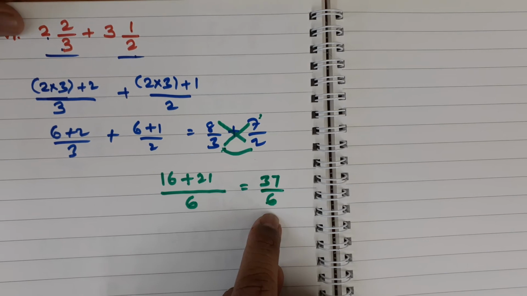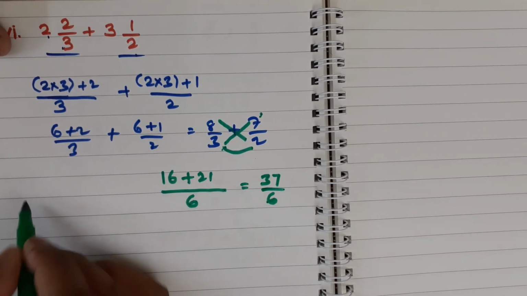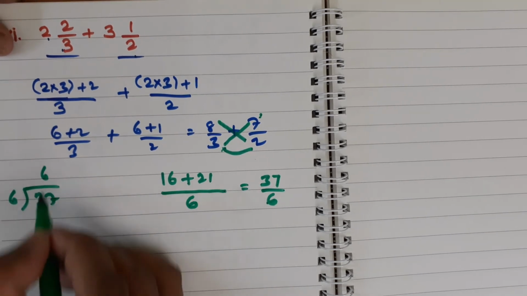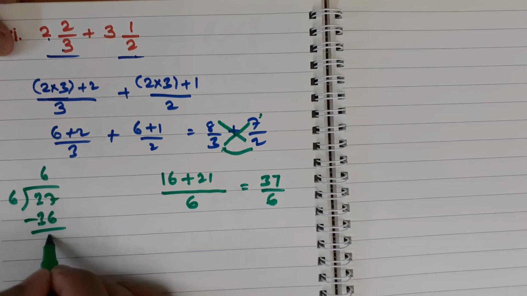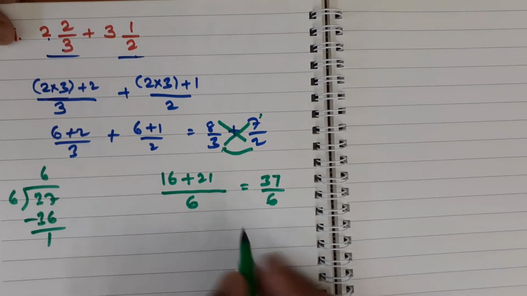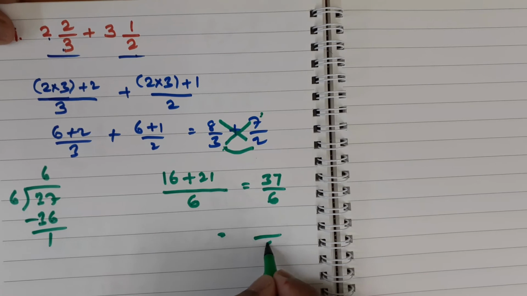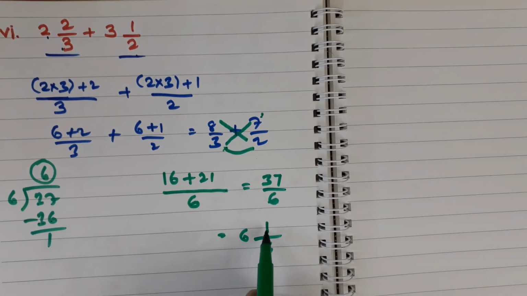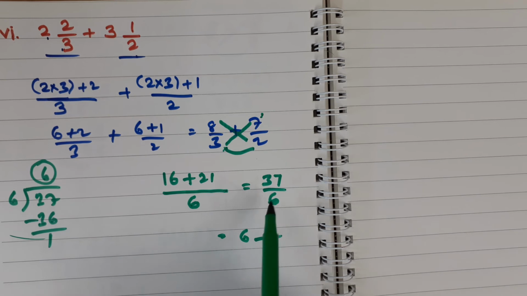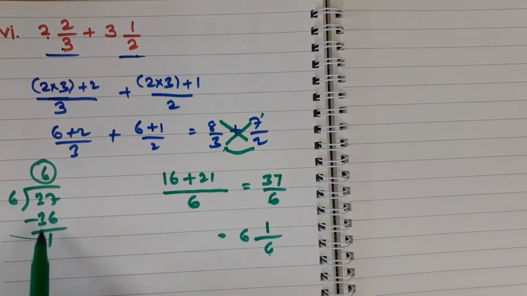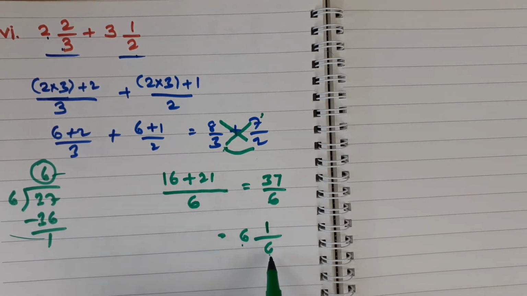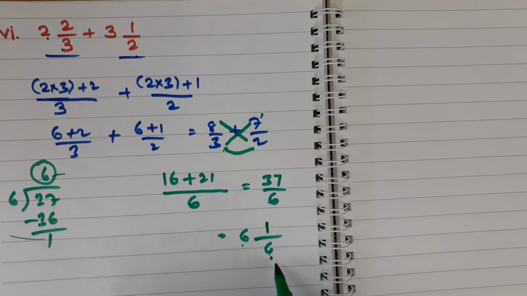You can change this into mixed fraction. I hope you know how to change into mixed fraction. Let us see here. Here 6, here 37. 6 into 6 is 36. So the remainder is 1. So write here the denominator the same, then here 6 1 by 6. So here is the quotient, here is the remainder, then here is the divisor. So guys, you can change this improper fraction into mixed fraction in this way. Then write this quotient 6 here, then 1 remainder here, then down here 6 the denominator, then this is the answer.